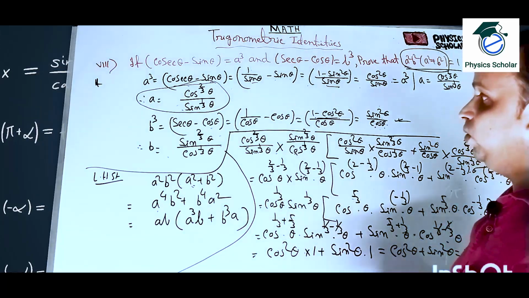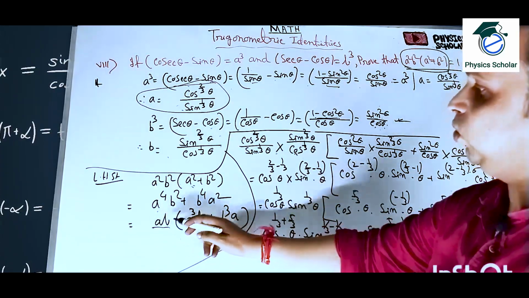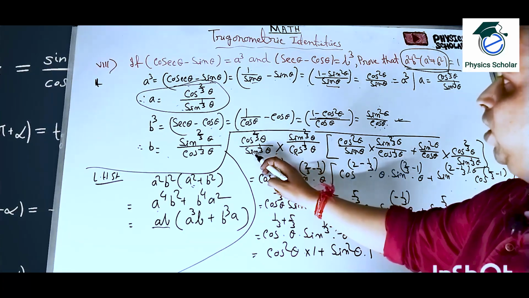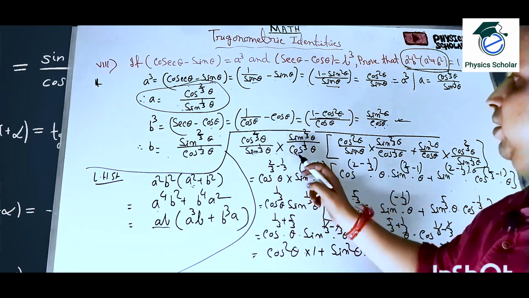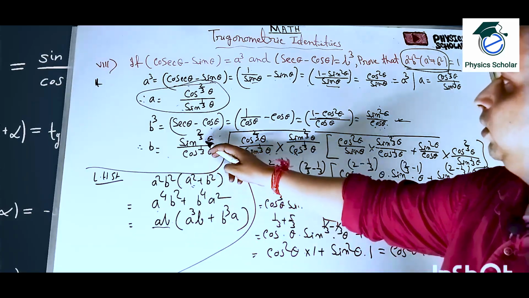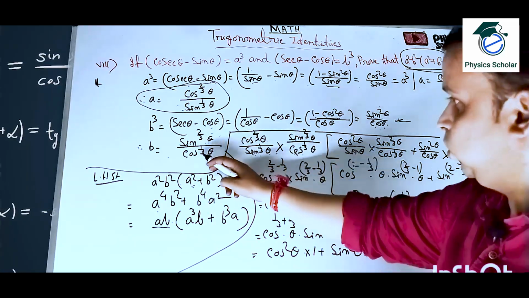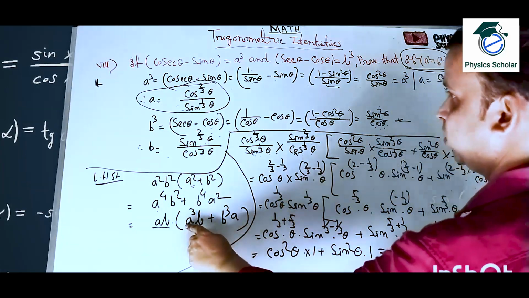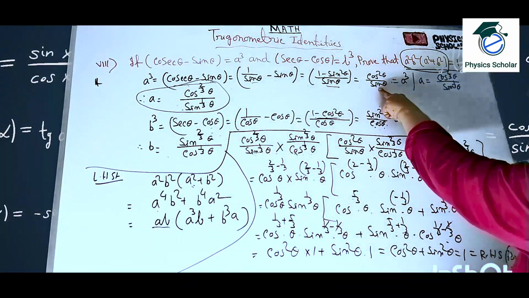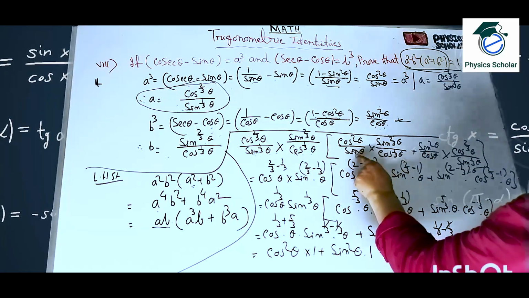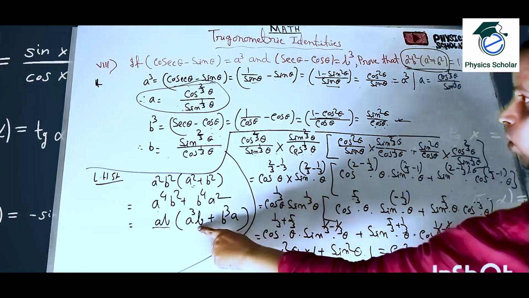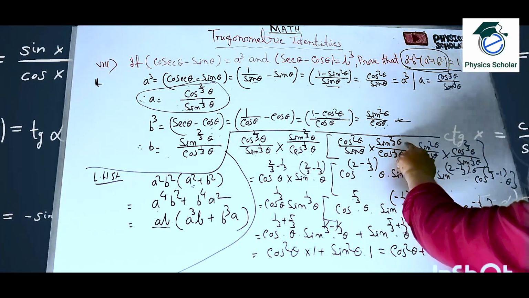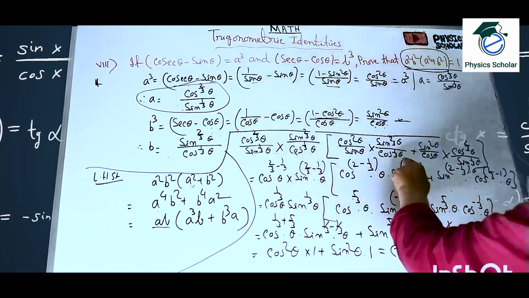Okay. Now we are putting the value. What is the value of a and b? Value of a is cos to the power 2 by 3 theta divided by sin to the power 1 by 3 theta, into what is the value of b? Sin to the power 2 by 3 theta divided by cos to the power 1 by 3 theta. Clear? Into what is the value of a cube? Value of a cube means this one, cos square theta by sin theta, into what is the value of b? Value of b means this one, sin to the power 2 by 3 theta divided by cos to the power 1 by 3 theta